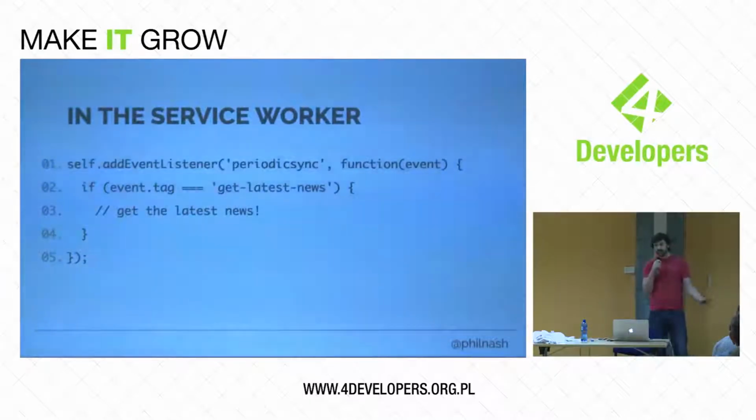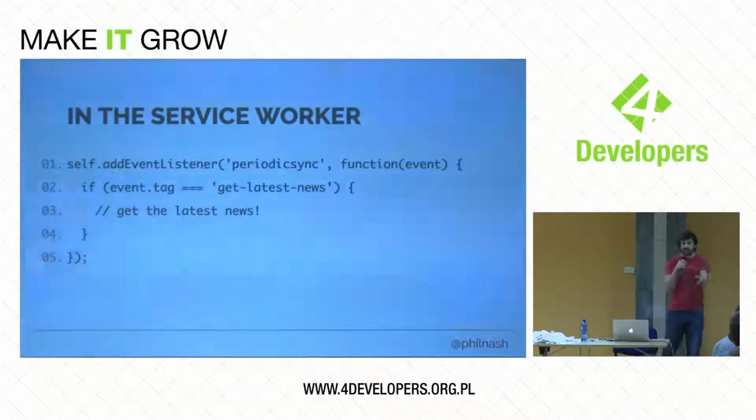And then, on the service worker, this looks almost exactly the same. We have a periodic sync event, and that's it. You can go and make your fetch, make your request, go get the things you want to put probably into IndexedDB or maybe into the caches API, and that's it. You'll have that ready for the user next time they use the application. So that's kind of the future.